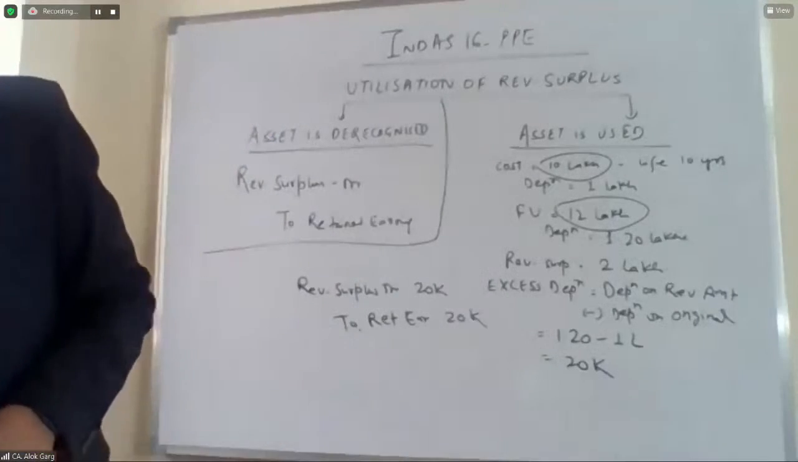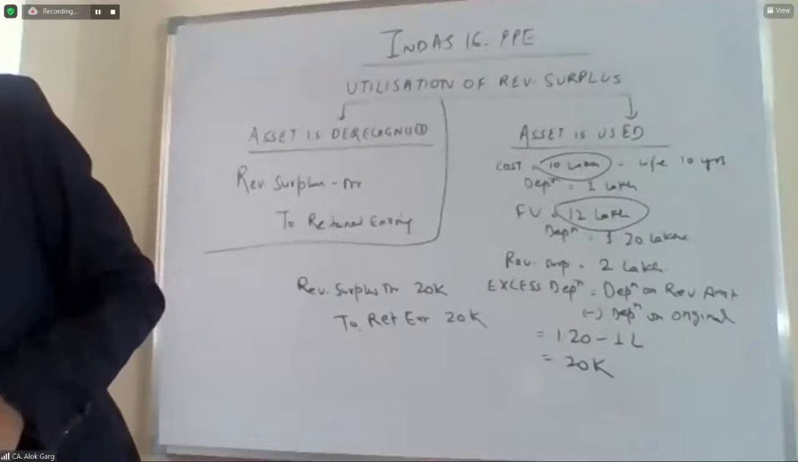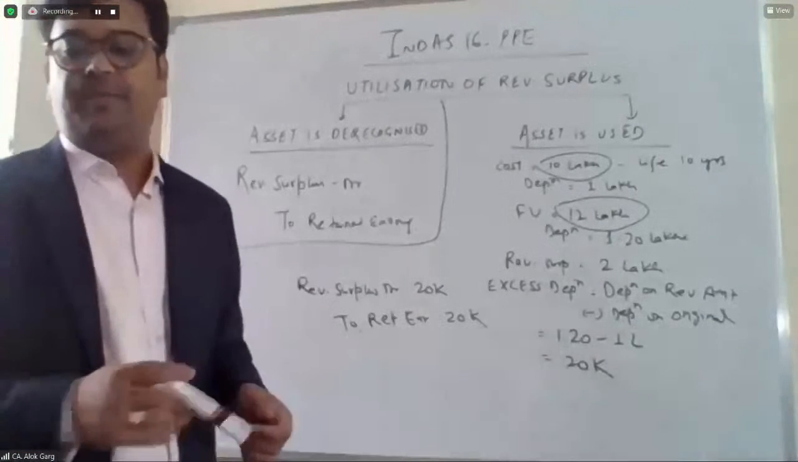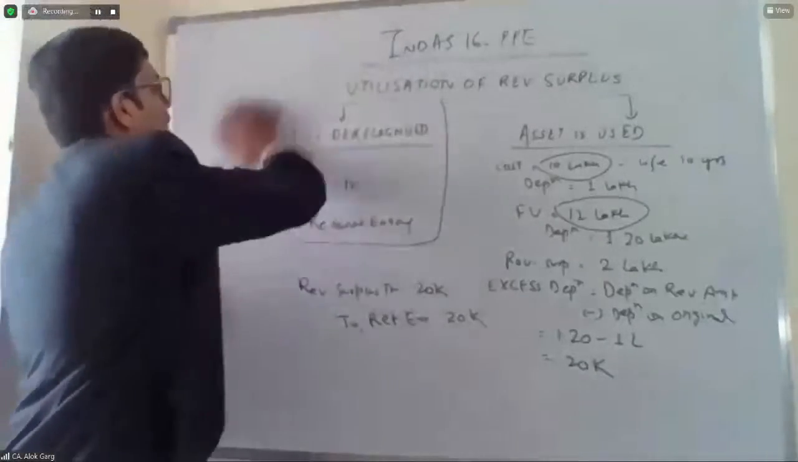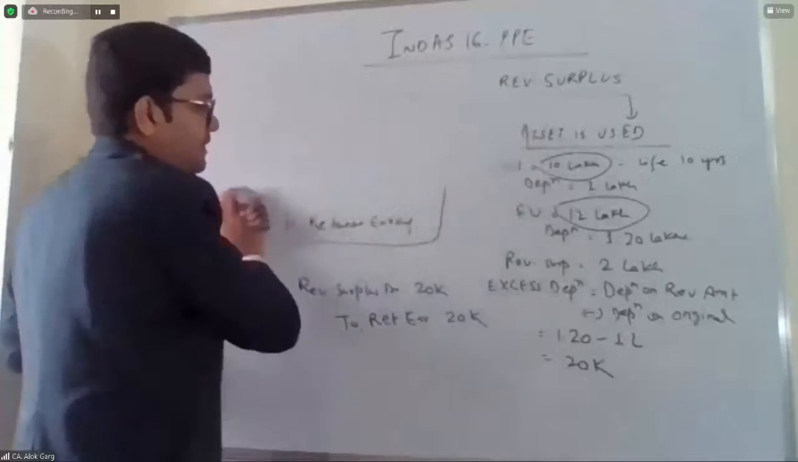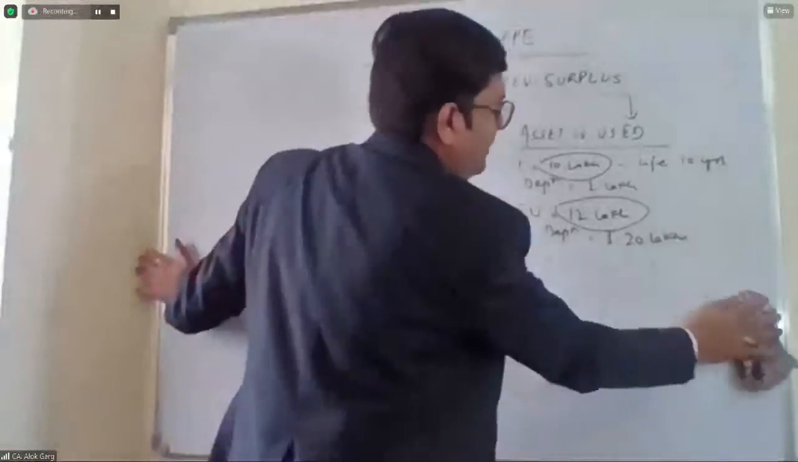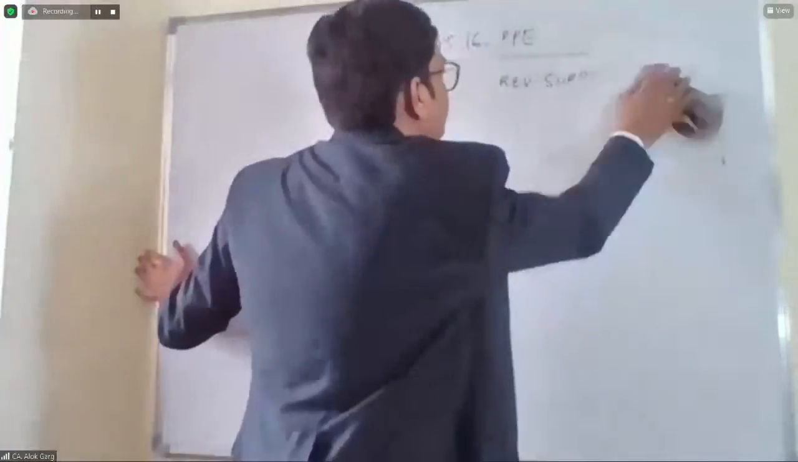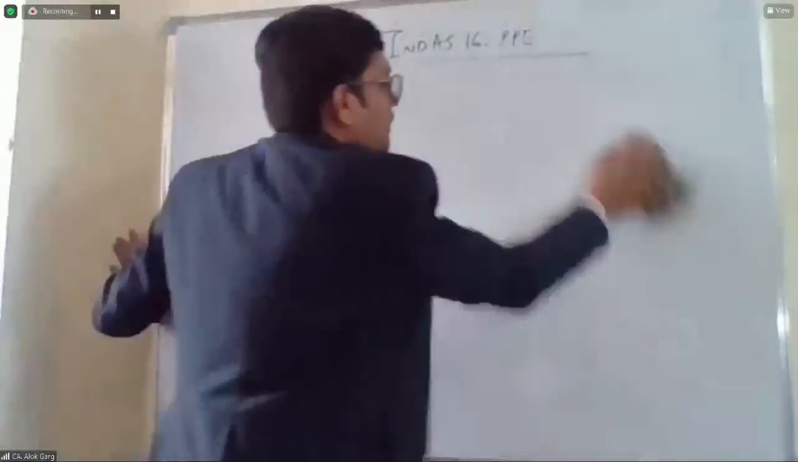Okay, so now I am moving on to the next concept. So we discussed this revaluation concept. Now we discuss the treatment of accumulated depreciation. So we talked about the treatment of revaluation surplus. We talked about the utilization of revaluation surplus. We talked about the class of asset. We talked about the frequency of the revaluation. Okay. Now we are discussing